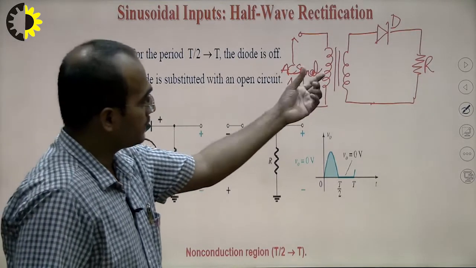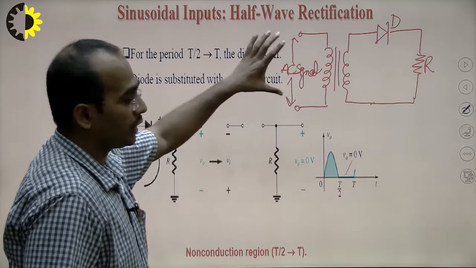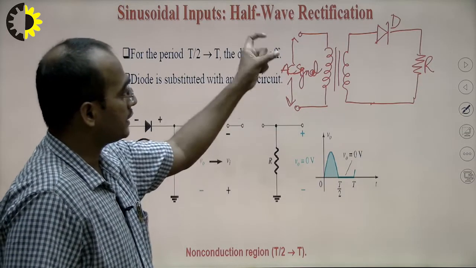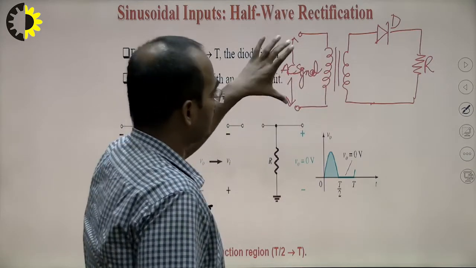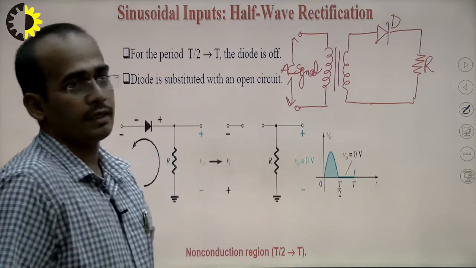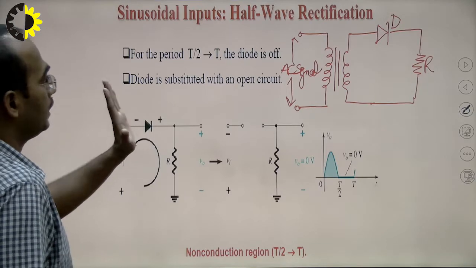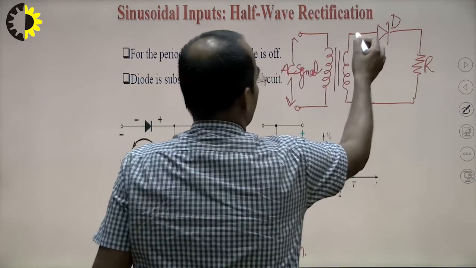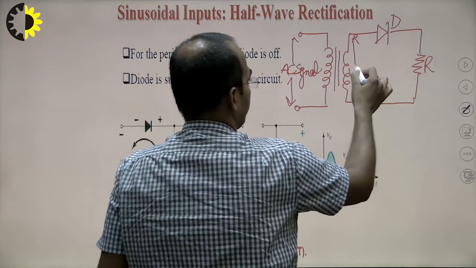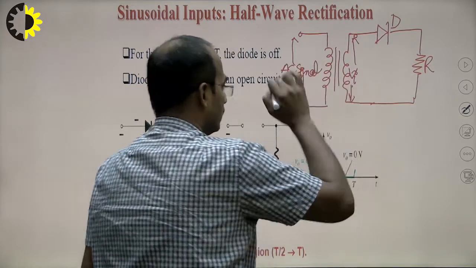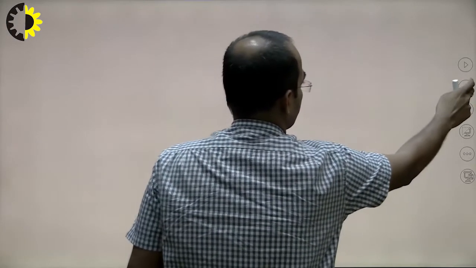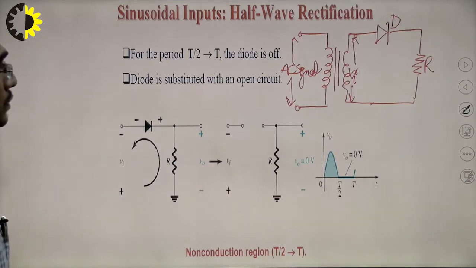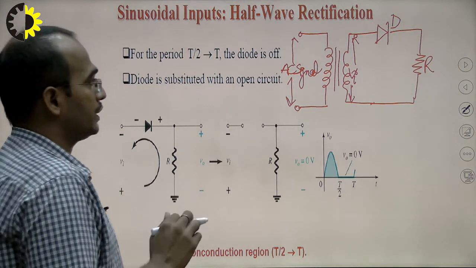When we apply a step down transformer to the AC input, the 220 volts 50 hertz supply, we step down the input signal, and this transformer is used for coupling the AC signal to the input of the rectifier circuit. So here I will apply the original input, this Vi, to this rectifier circuit. In this rectifier circuit, one diode is used and one resistance is used.